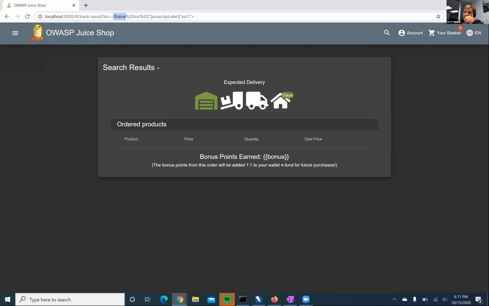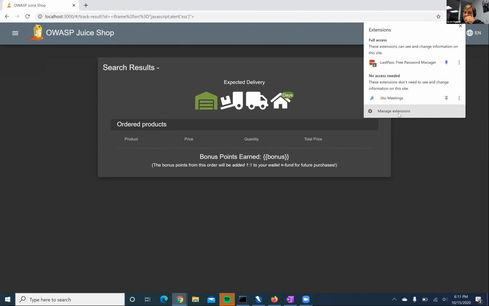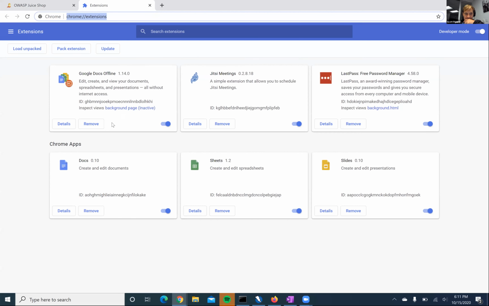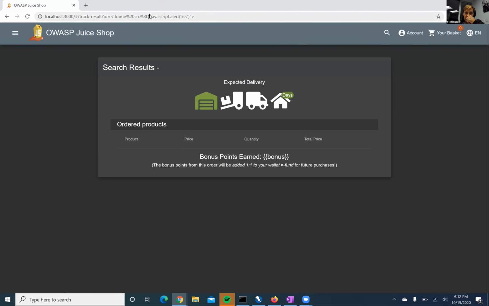I was worried that I had an extension, but it doesn't look like I have. No, not in this one. That's weird. I felt like that was all I did.